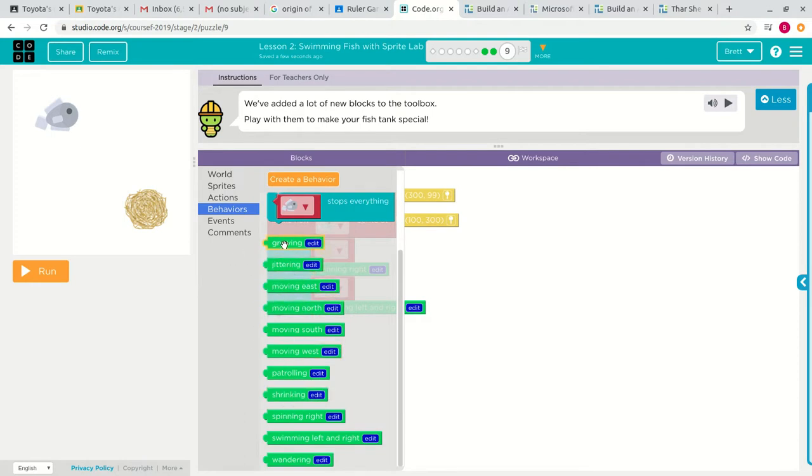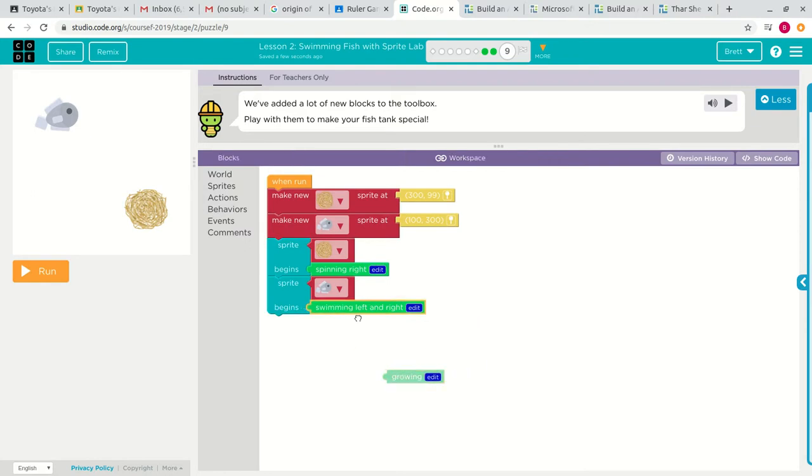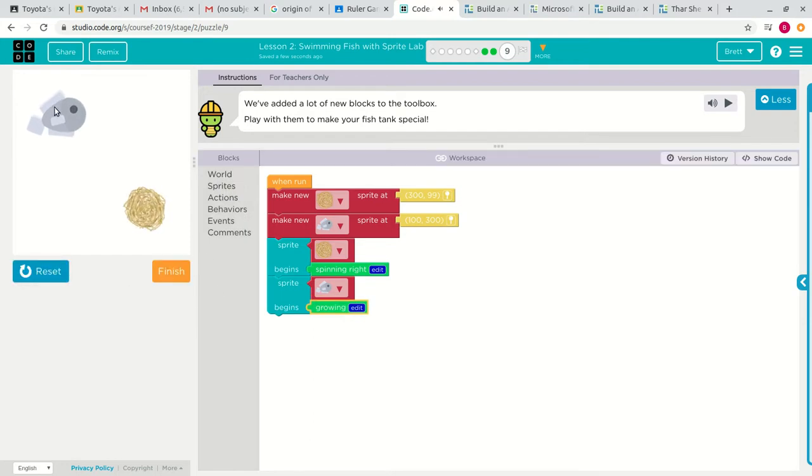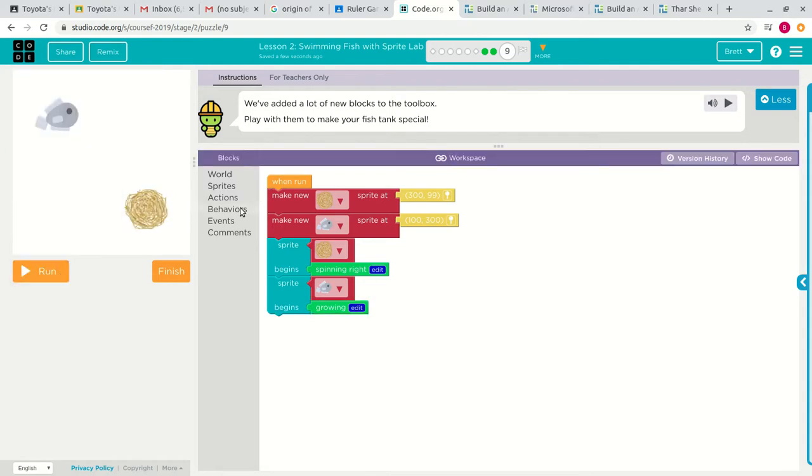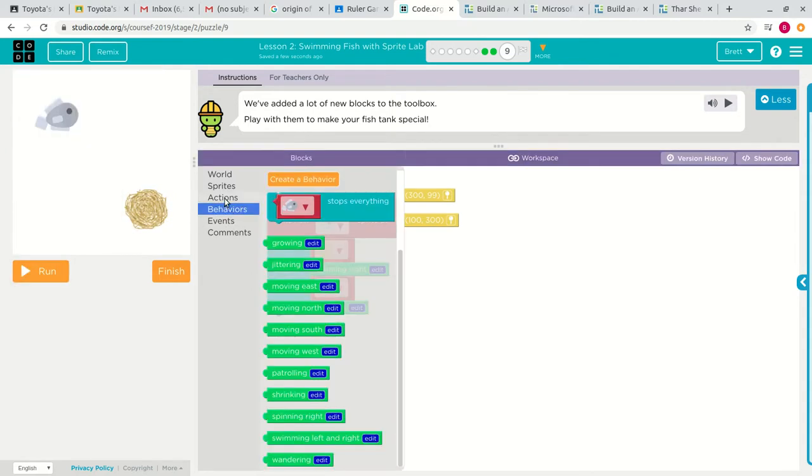Here, like growing is one of the good ones. So throw that in there, and now the fish will get bigger, and you can keep growing until it takes over the entire screen. But you can also do things like